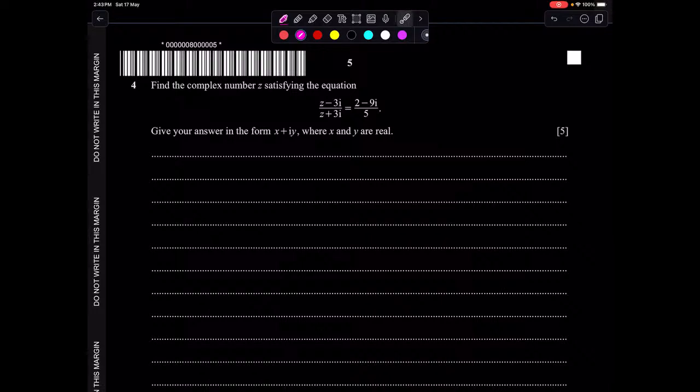So find the complex number z satisfying the equation and give your answer in this form. Remember, whenever we have an equation with one variable, one equation with one variable, so always replace that variable by x plus iy. So by replacing all z's by x plus iy into given equation, we have